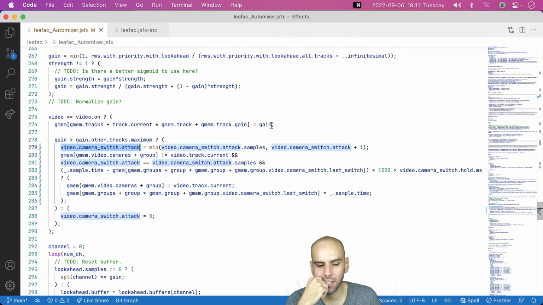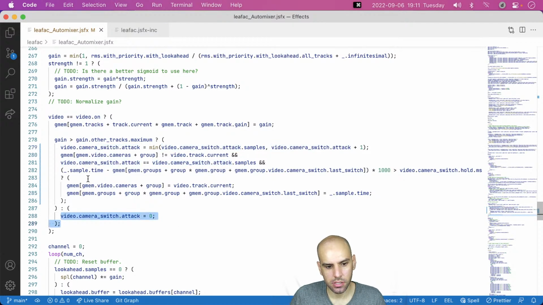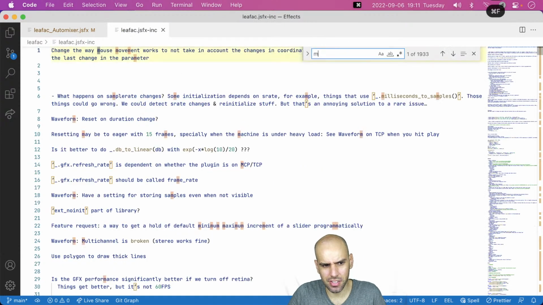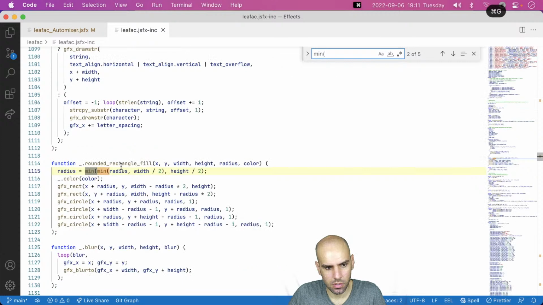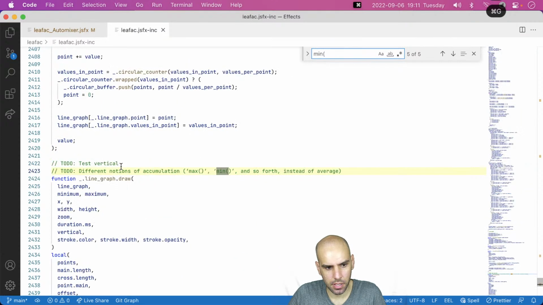I'm rereading the code to see if I spot any obvious mistakes. So if we are not the maximum, start at 0. If we are the maximum, add 1, but cap it to this. We have an auxiliary function for this, don't we? Yeah, we do. But I will not use it now.